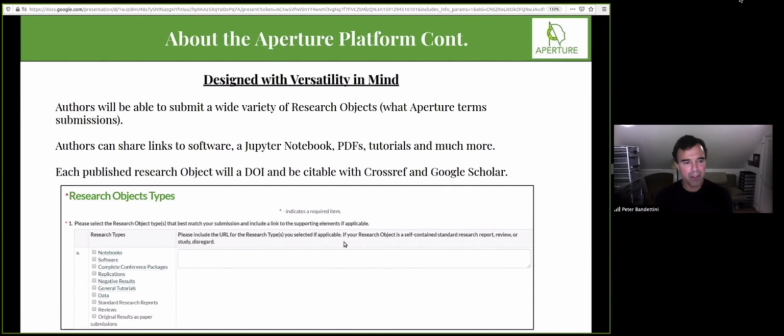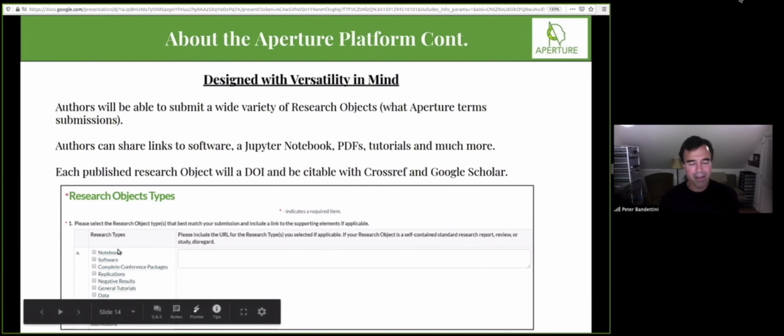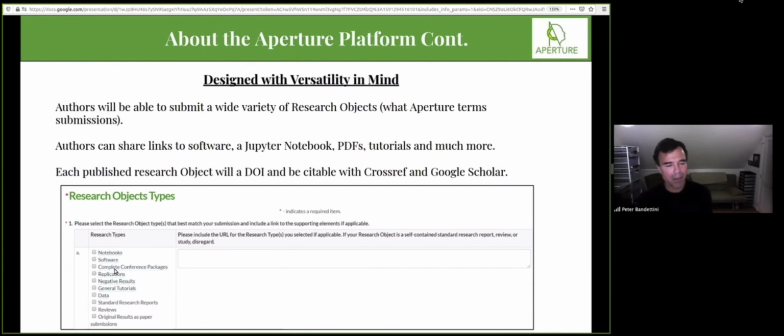As I mentioned, it was designed with versatility in mind. I already went through this; it's very flexible. If there are new research objects that come online, we can add them, and we'd like to be able to cross-reference these. Basically, it's a pretty straightforward format by which you can submit these objects. You can imagine submitting a paper and linking it to a data set, some C code or some Python code, and then a Jupyter notebook. You could link all these things at once and submit them. That would be a very valuable research object.